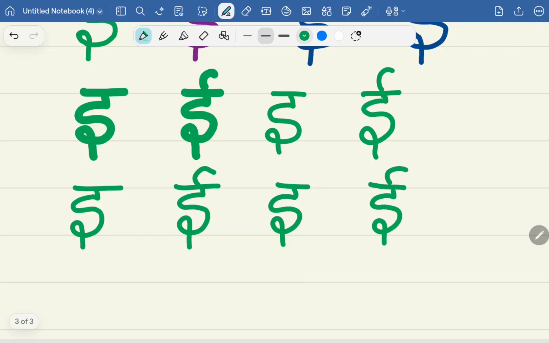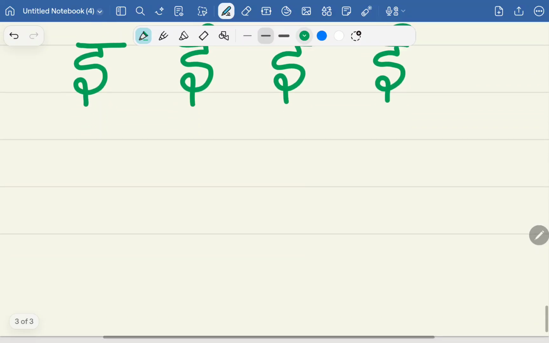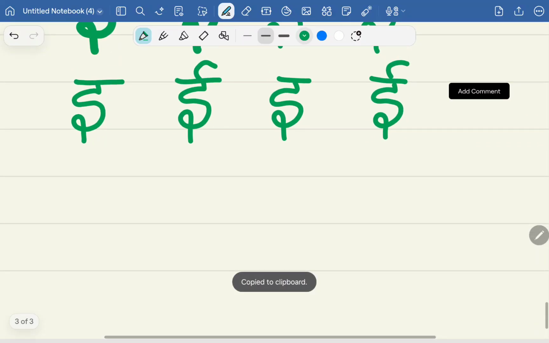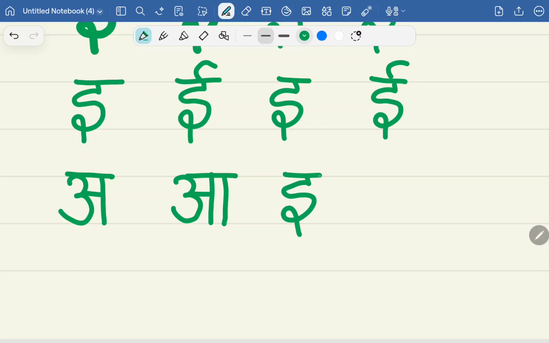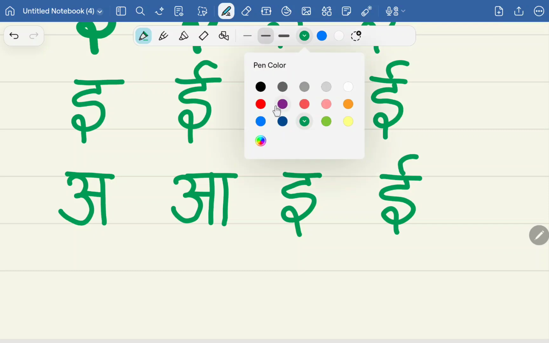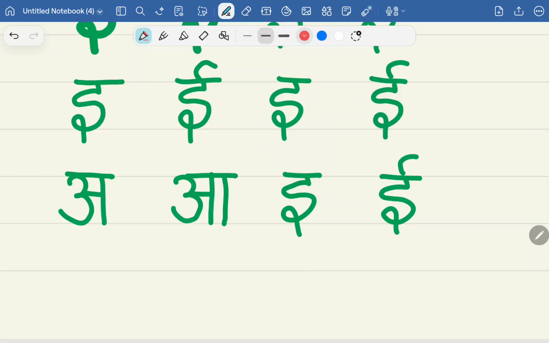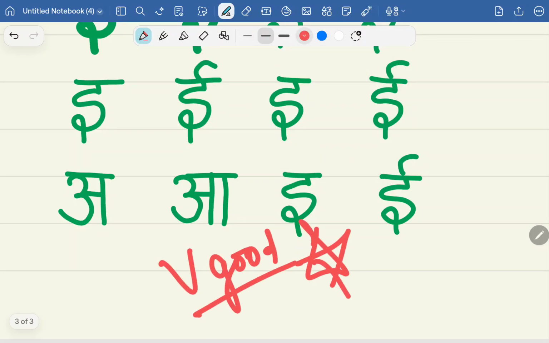So, do you want to write all the four vowels together? Let's try it. So, the first vowel is A, second is A, third is E, and then fourth is E. So these were the 4 vowels that we learned till now. So very good. We will meet in the next